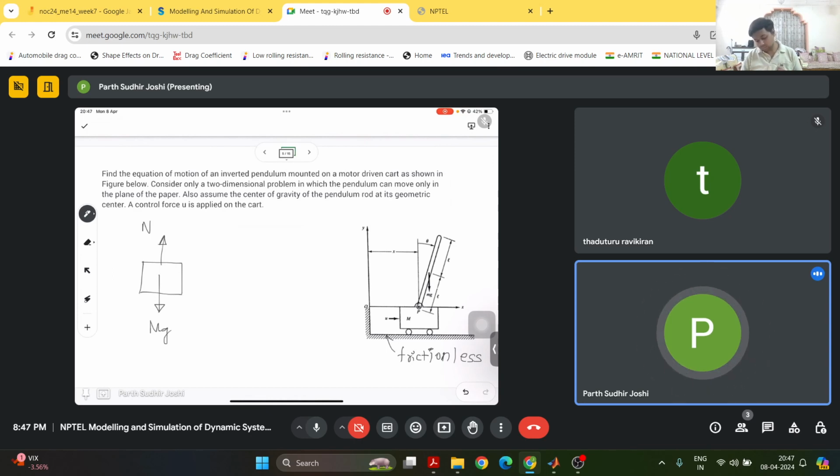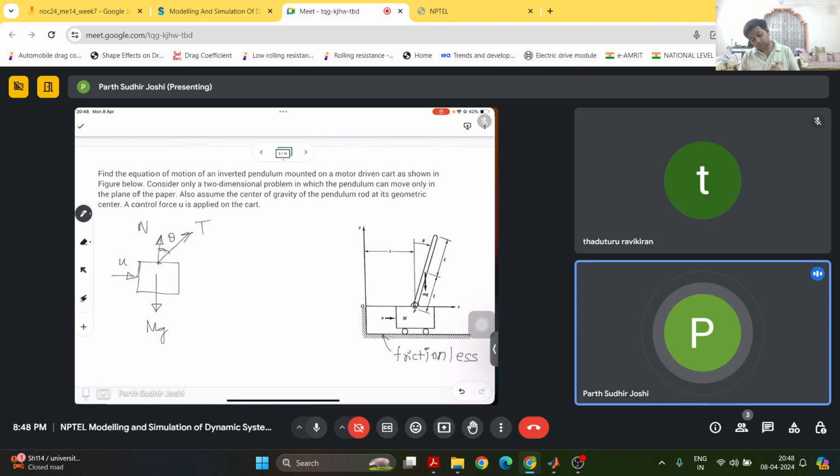And then let us say there is some force in the rod. Let us call it some tension T, which is acting at an angle theta from the vertical. And then there is another force U. So the displacement of the mass M along the x direction is denoted by small x. So then the equation of motion for that is basically